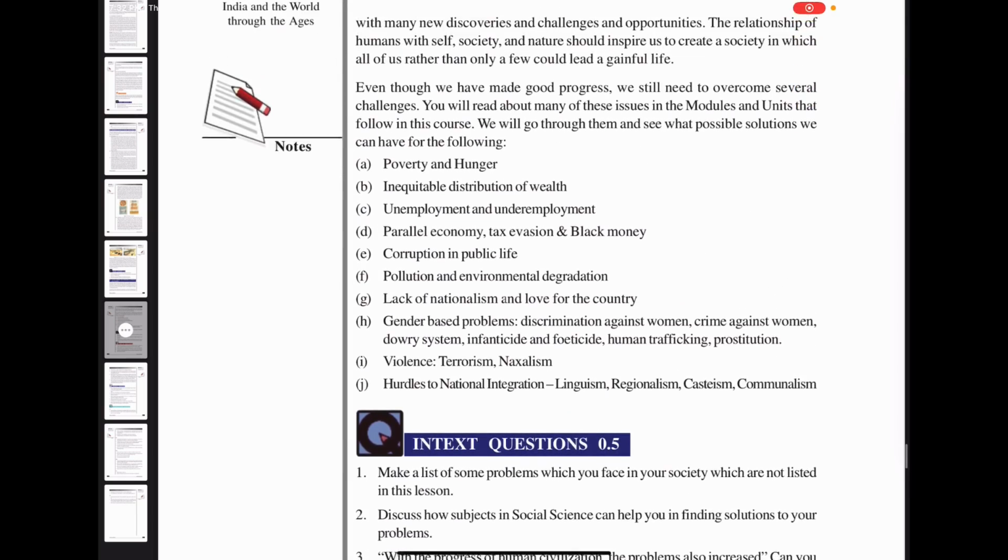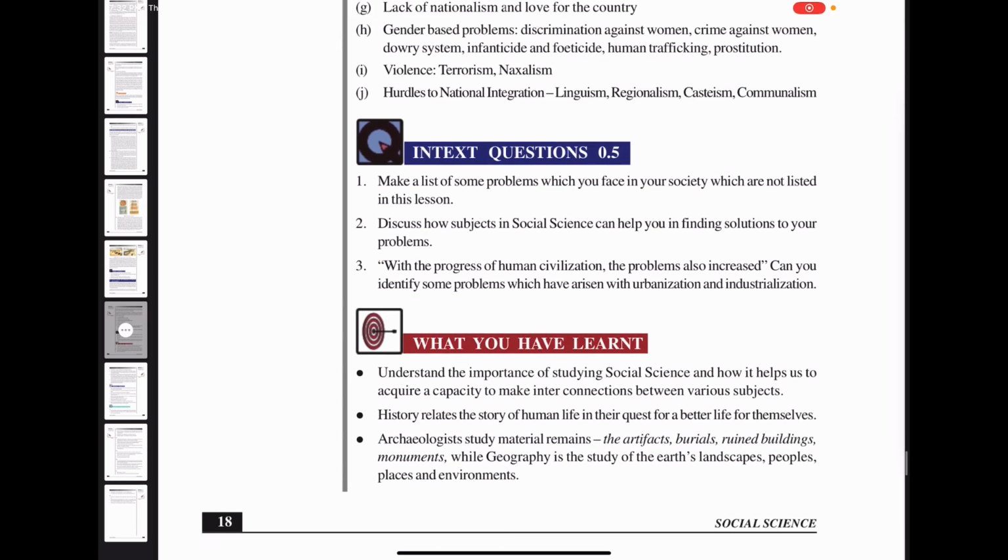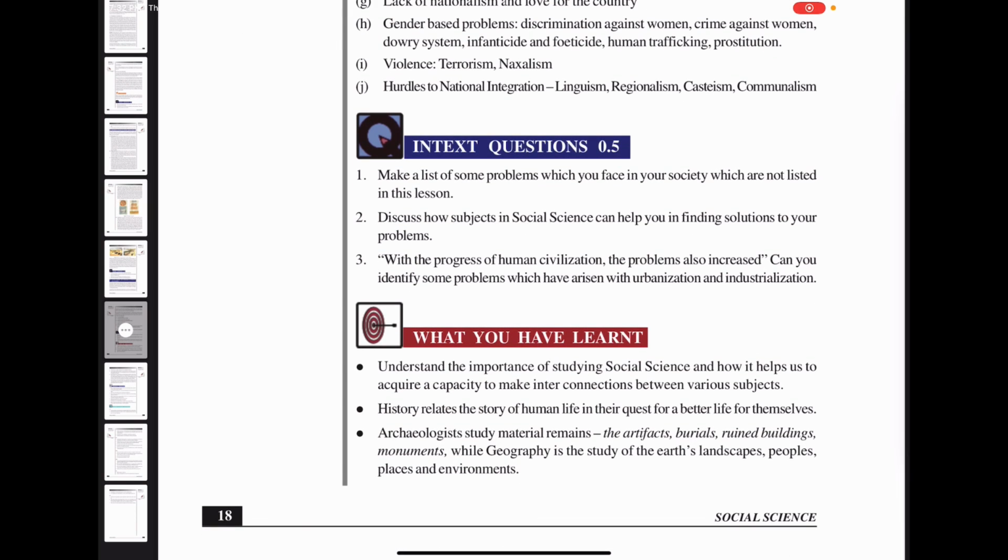So, with this, we have come to an end. What we have learned in this chapter: we have understood the importance of studying social science and how it helps us to acquire a capacity to make interconnection between various subjects. History relates the story of human life in their quest for a better life for themselves. Archaeologists study remains, the artifacts, burials, ruined buildings, monuments, while geography